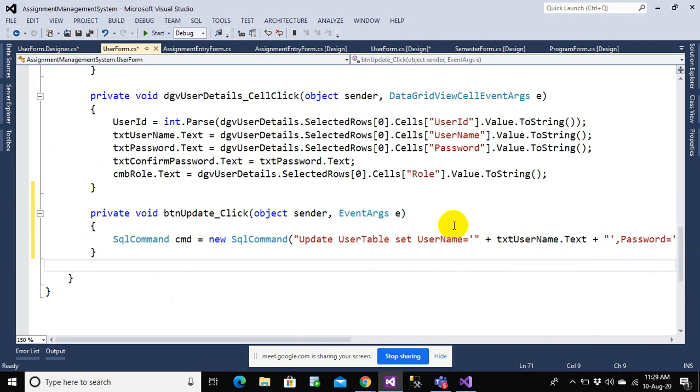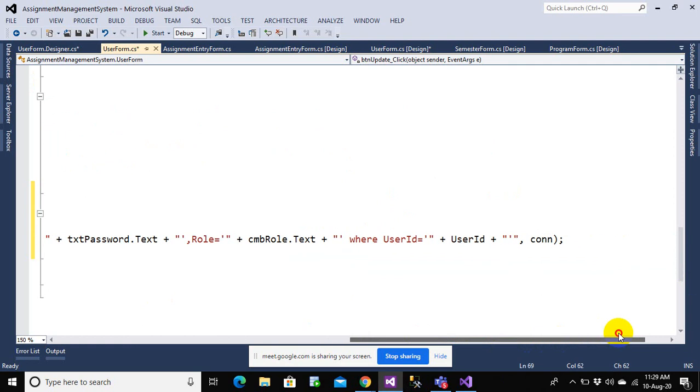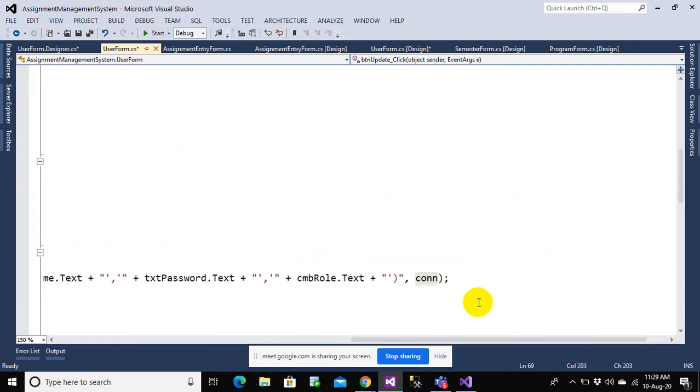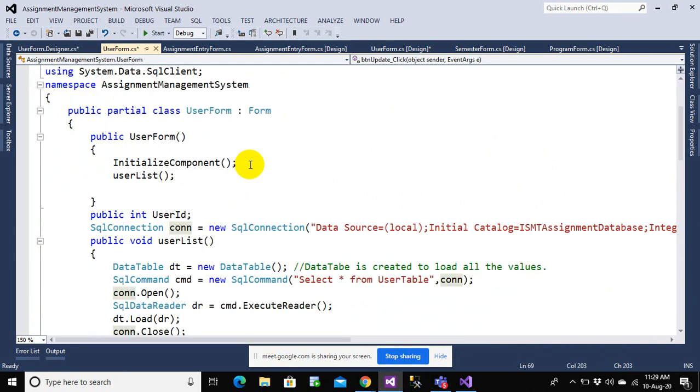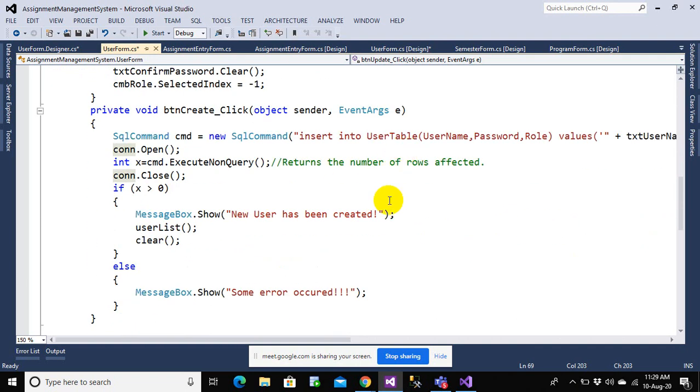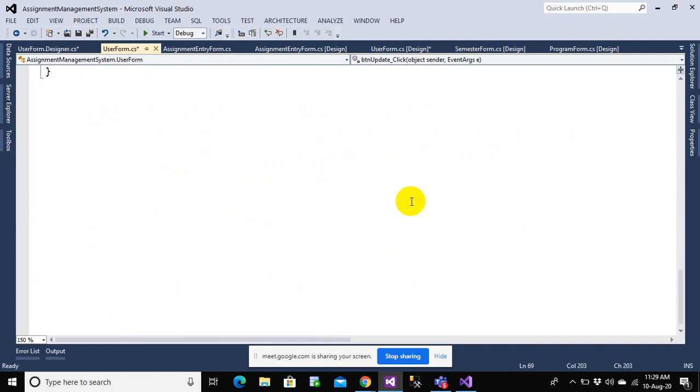It won't be able to identify which database this user table belongs to unless you specify it inside the connection. So con means this belongs to the ISMT assignment database. So on the ISMT assignment database, we have a user table, and on the user table, you want to make the update operation.